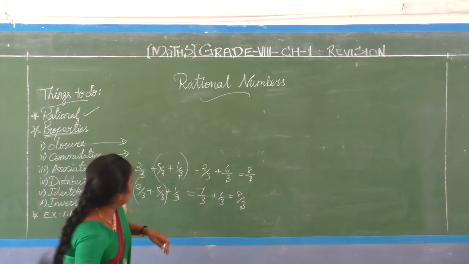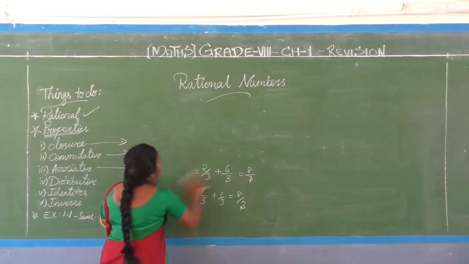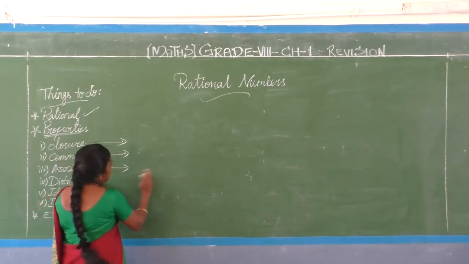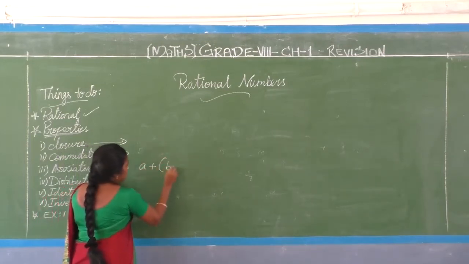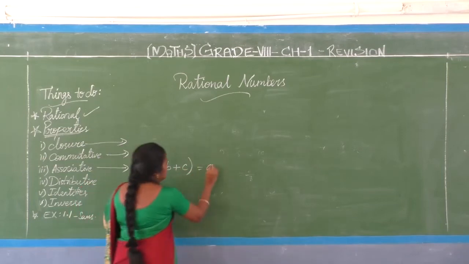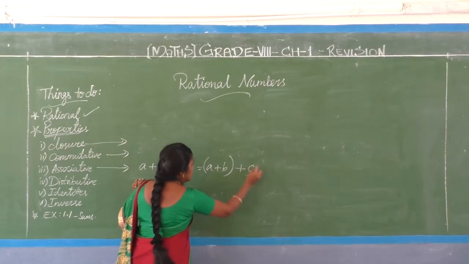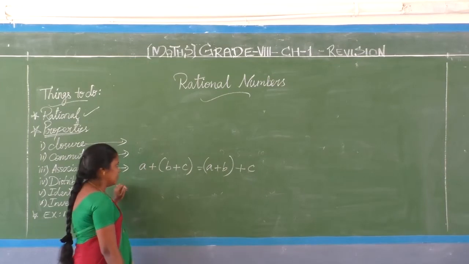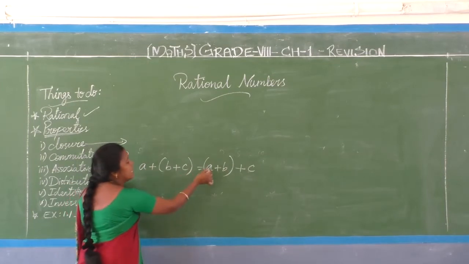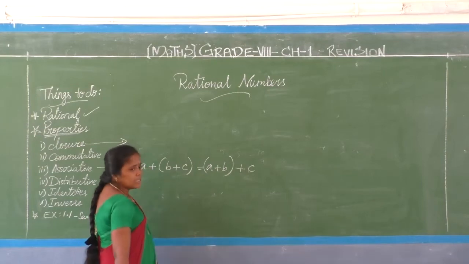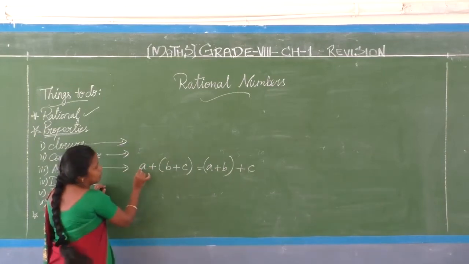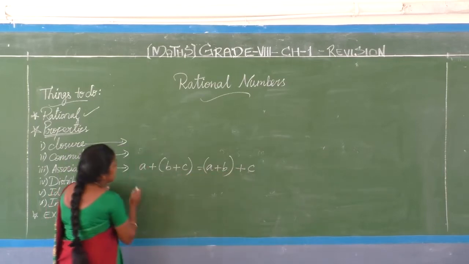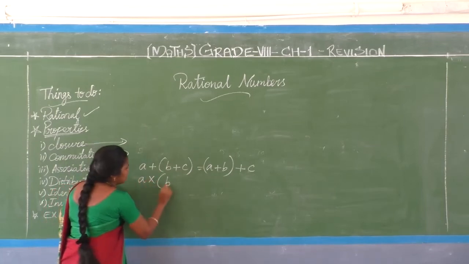That's all. There are some formulae related to associativity. See here, for any 3 rational numbers a, b, c, (a plus b) plus c is equal to a plus (b plus c). Addition-wise associativity for rational numbers. Here a, b, c are rational numbers. See, here second and third I have covered, here first and second now. Now the answer is coming equal. Clear? So the general formula for associativity of addition: (a plus b) plus c is equal to a plus (b plus c). Likewise multiplication, (a into b) into c